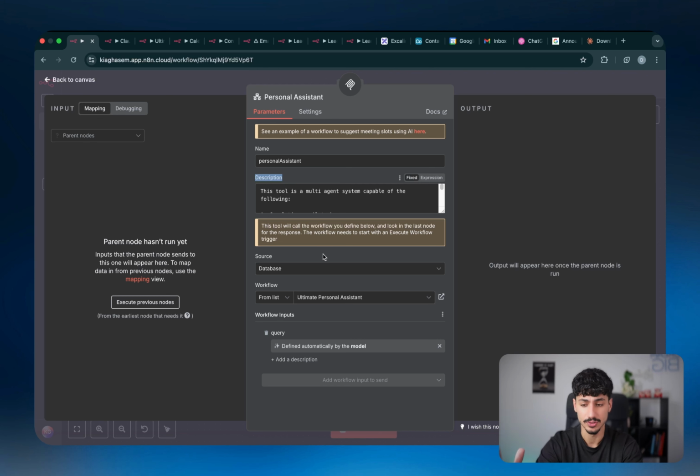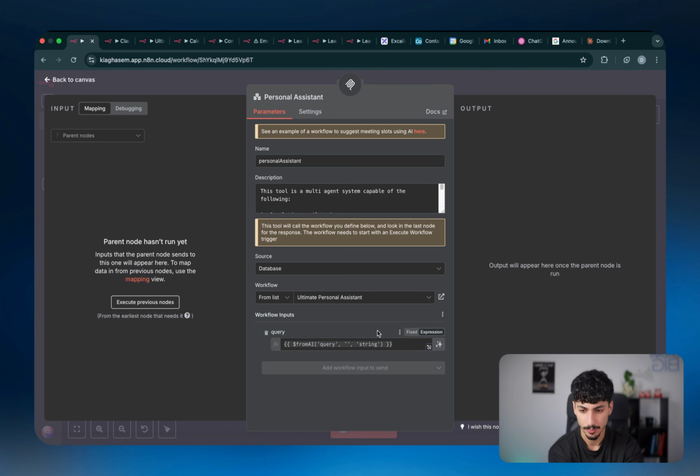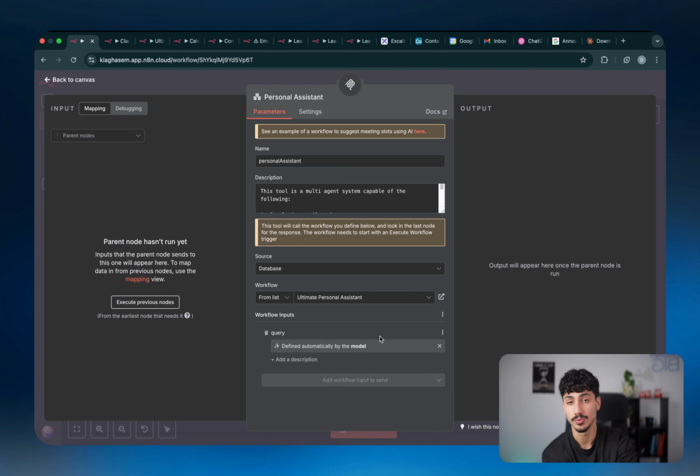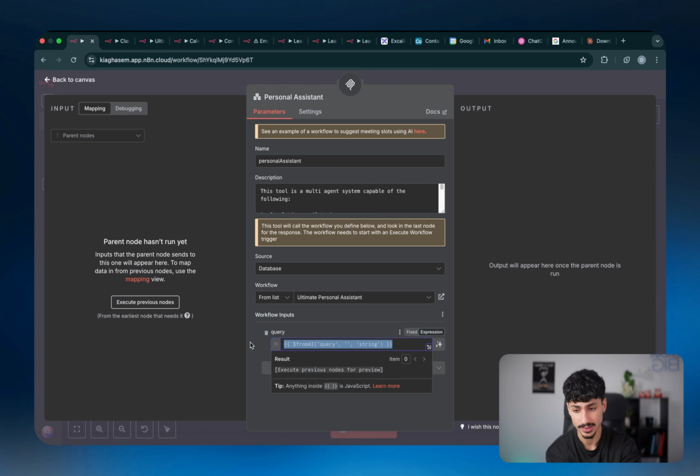So then once you have the description set up, you also have to say what sort of inputs have to be sent to the actual server so you can use the tools underneath it. So in this instance, the only input is the query that we're sending over to the ultimate assistant. By clicking this star button, what will happen is you will say this is an input that the AI agent has to define. But if I wanted to, I could remove this and I could hard code what input I want to send for that specific parameter every single time.